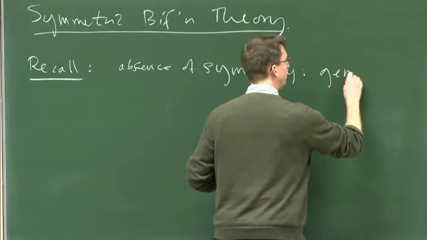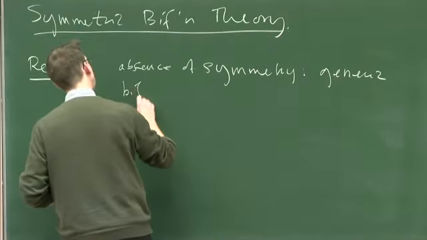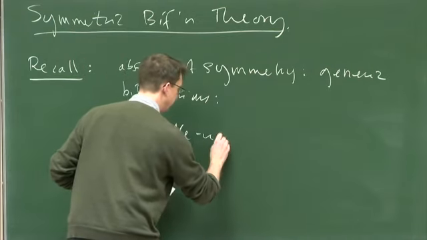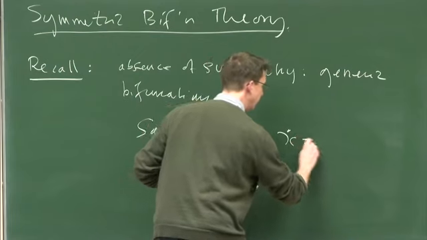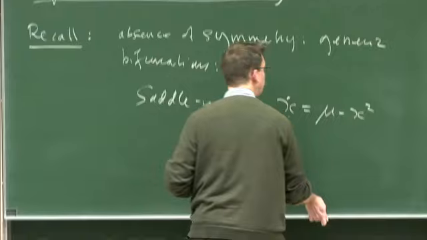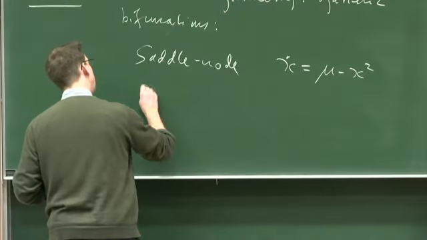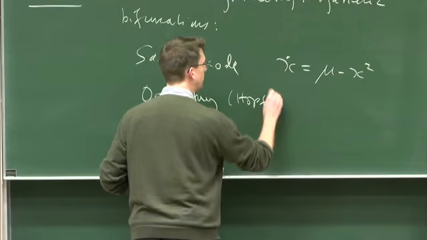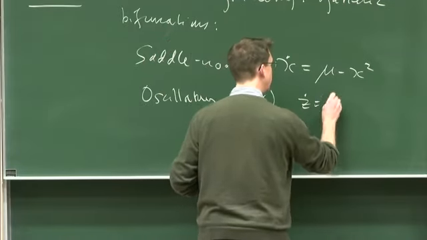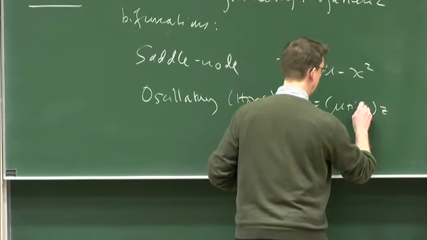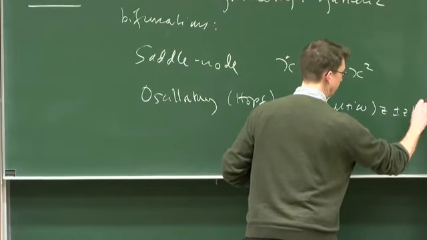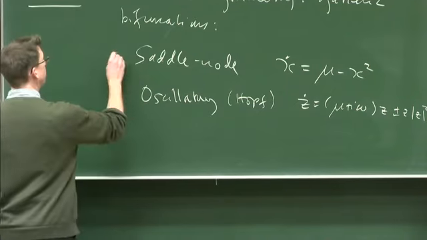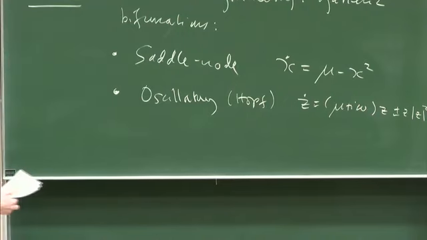then we have ideas of generic bifurcations. These are commonly called saddle node, for which there's a canonical model equation in one variable, x dot is mu minus x squared, or an oscillatory bifurcation, sometimes called Hopf bifurcation, with one complex coordinate, z dot is mu plus i omega times z plus or minus mod z squared times z. These are canonical normal form equations for these different kinds of instability,